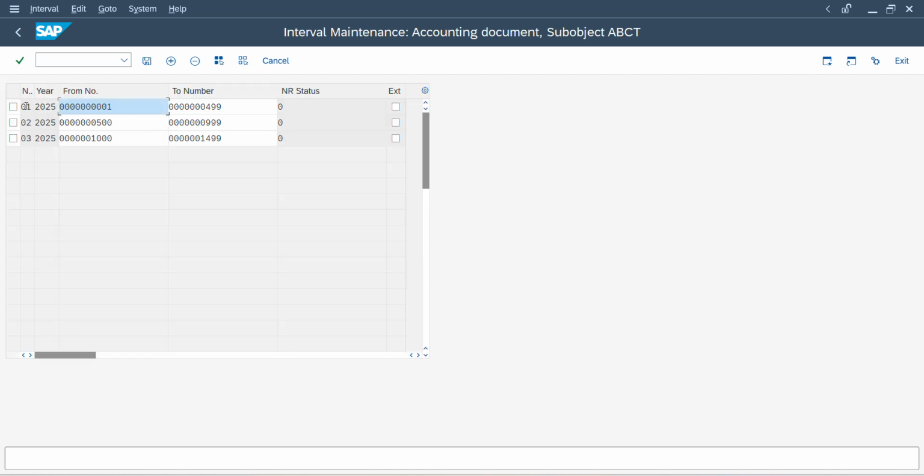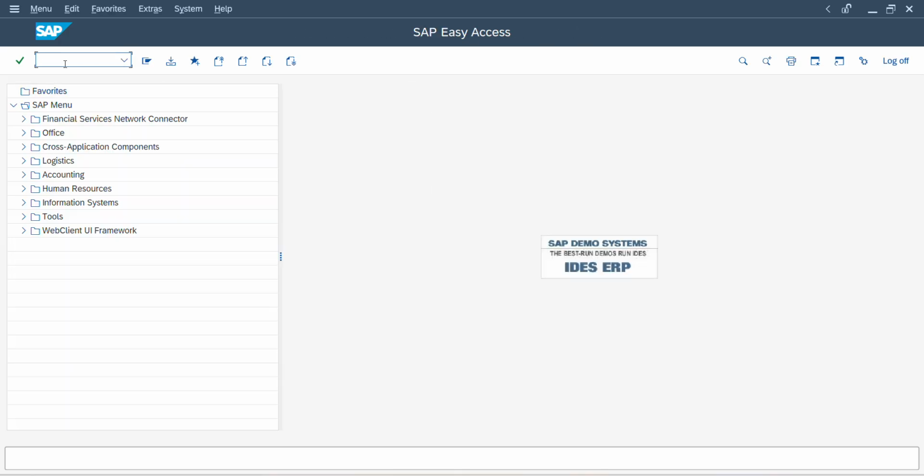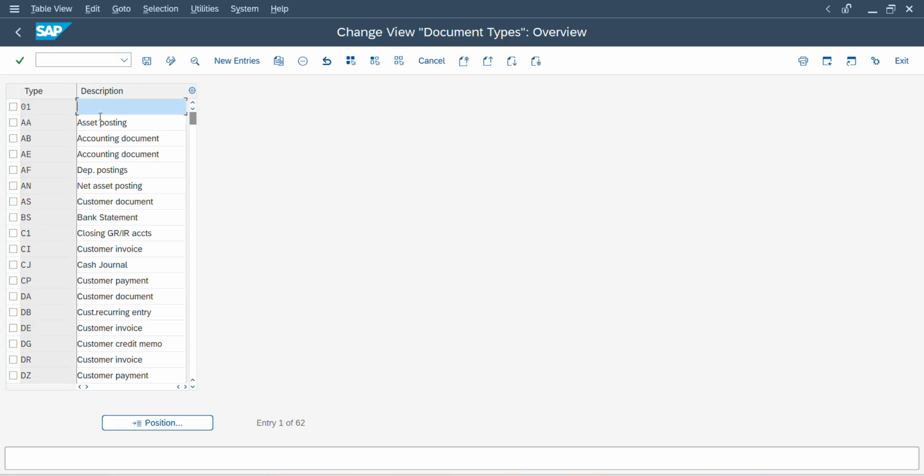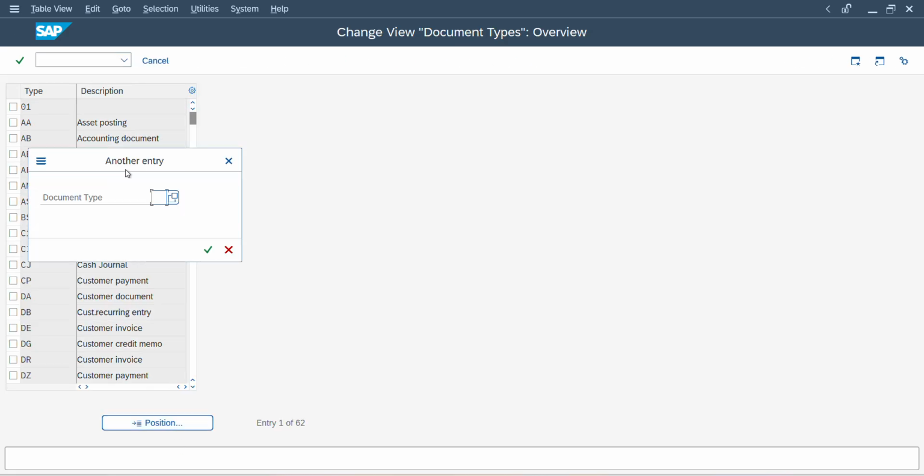Here you can see this one is for the SA document, this one is for the KR document, this one is for the KZ document. And one more thing,